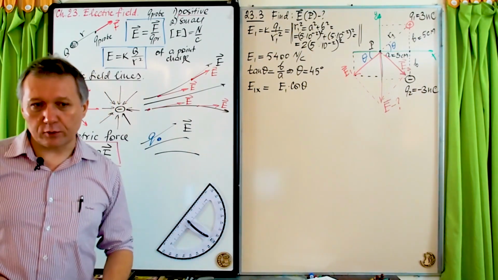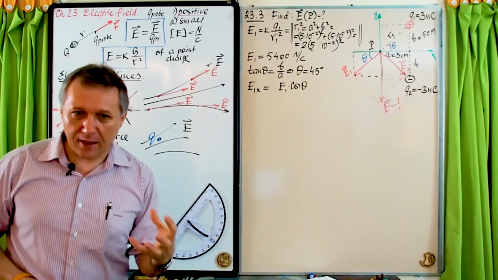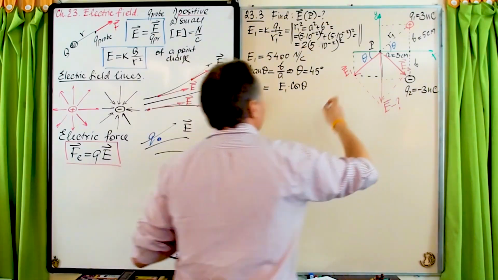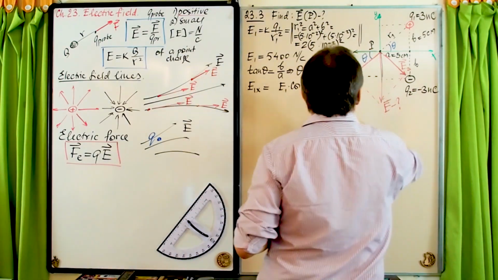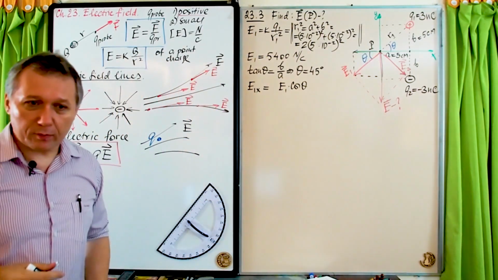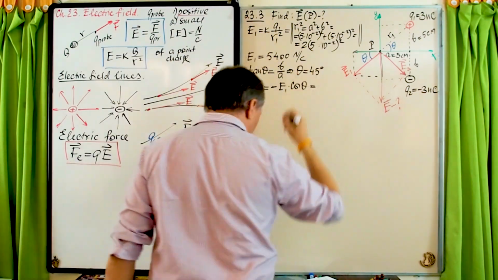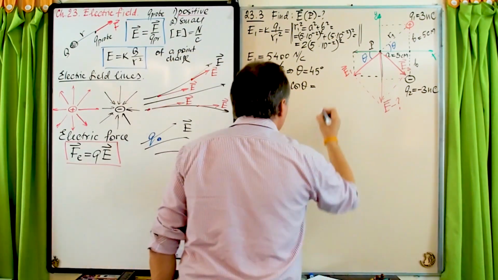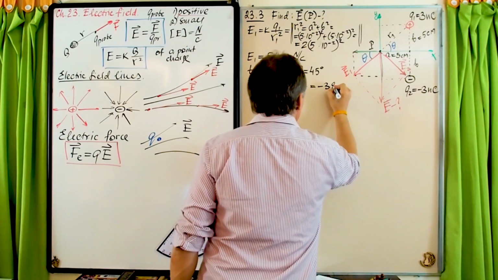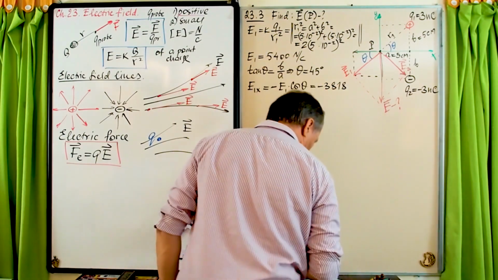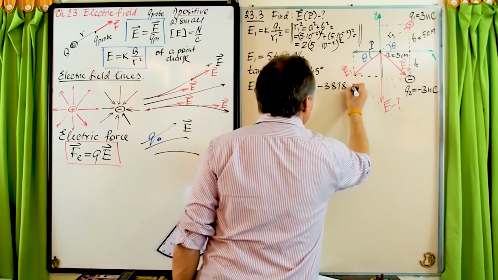So as a result, we have to take care of pluses and minuses manually, and since the component points in the negative x direction, we have to put a minus manually. Right, so you can plug in numbers, and of course you will end up with minus 3818. We can keep more sig figs,